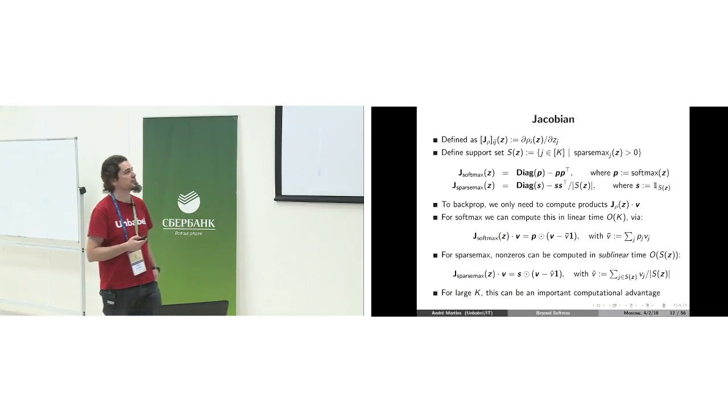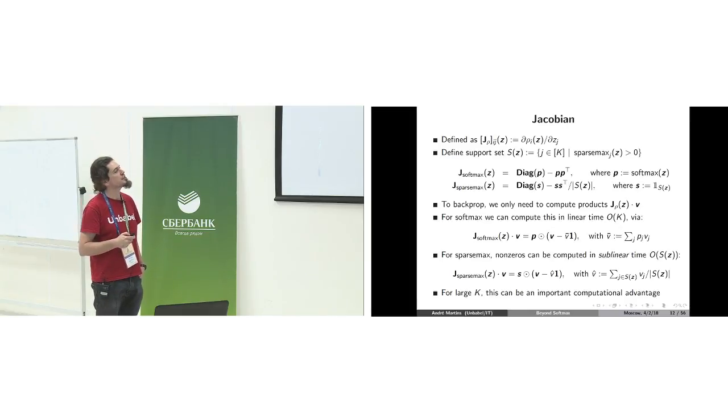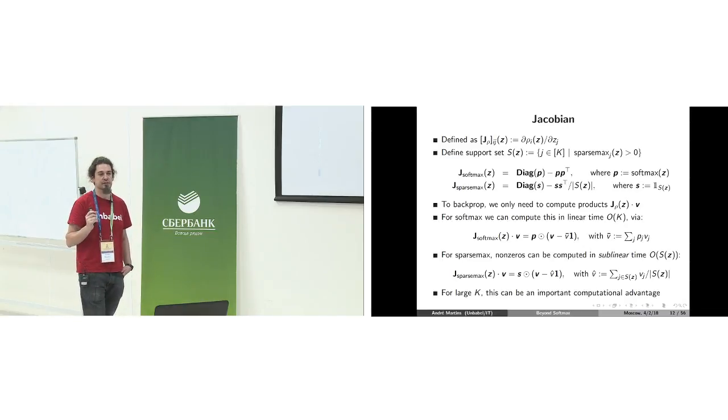For the case of Sparsemax, it turns out that you have a very similar formula. The main difference is that now we need to define this support set. This is basically the set of coordinates that after the Sparsemax transformation get a value larger than 0. So the ones that are not going to be truncated, we call this the support set, and we call this vector the support vector. The name is a little bit misleading, but it's basically an indicator vector that has ones on coordinates that are not going to be truncated and 0 on all the other coordinates. So in general, it's a sparse vector, right? Because many of the coordinates are going to be truncated.